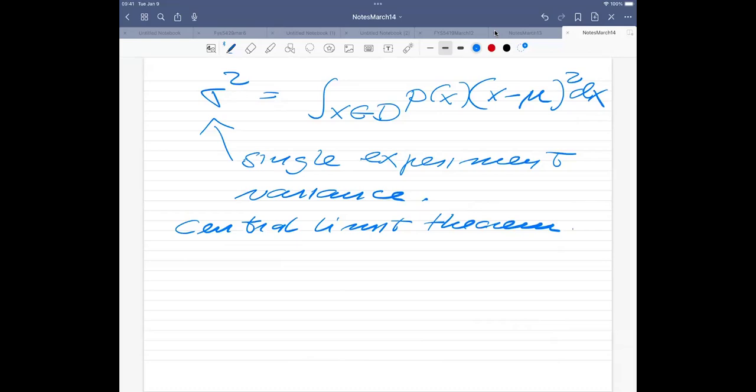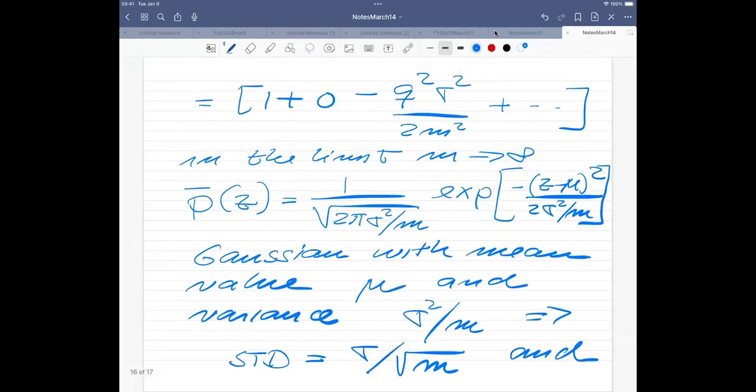Now, what we are going to do afterwards is actually to look at how the bootstrap method is able to reproduce the central limit theorem. So we're going to run some numerical experiments where we simply demonstrate that the bootstrap method gives us this final result. So in the numerical experiment, which you will find in the Jupyter notebook, we start with a Gaussian distribution with a given mean value and a given standard deviation.